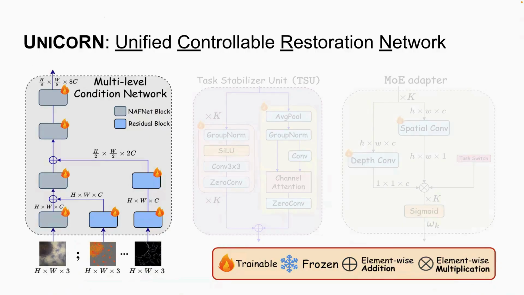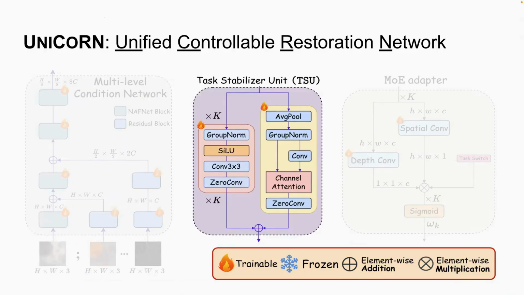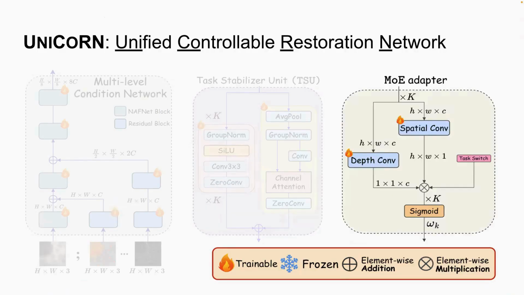To talk about the architecture, this is the first part where we encode these low-level visual estimates. This is done using this hierarchical encoder, where these features are fused at different resolutions, and the main branch comprises the initial image estimates. We have this task stabilizer unit, whose job is to ensure that the model can learn these different confounding degradations faithfully and not get confused, because the degradations can be present in any compositional ratio. So this task stabilizer unit ensures that we are very stable in terms of training. And we have this mixture of expert adapter, which provides spatial weighting based on tasks and ensures that we learn how to disentangle and weight different restorations in a unified framework.